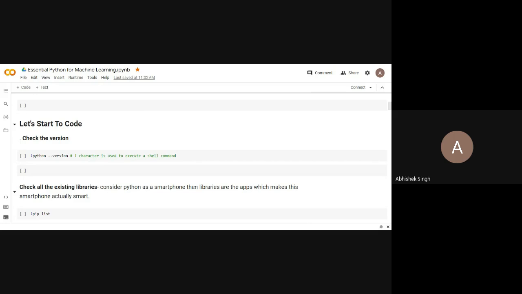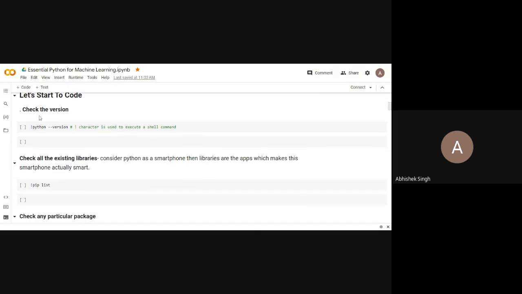For Google Colab, you just have to type Google Colab in your web browser, and then you will jump here. It will ask you to sign in through your email account, and then just click on this notebook. So this is the interface of Google Colab, which you are seeing here. This particular section is called a cell, in which you can type, you can write anything. When you have to execute, you have to click this button. This is called run cell, or you can use the shortcut Shift Enter. So I'll try to show you a few things in our course.